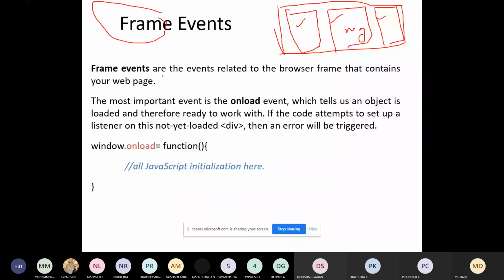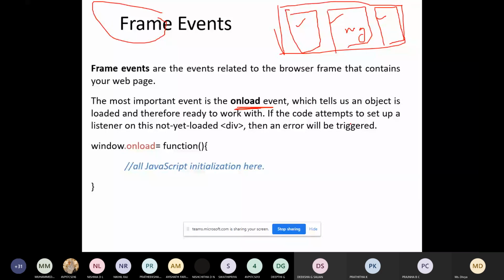So this frame is associated with some events. Frame events are events related to the browser frame that contains your web page. You can see here, there are three frames. The most important event in a frame is the onload event. So when you load this particular frame, what should happen, or this particular frame, what should happen? It tells us an object is loaded and therefore ready to work with.